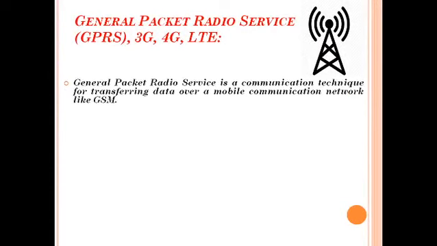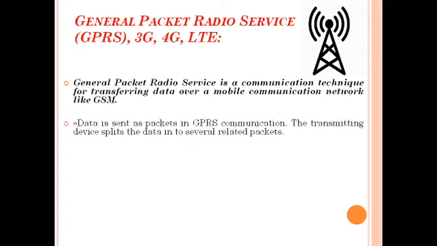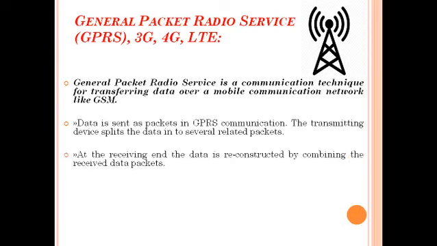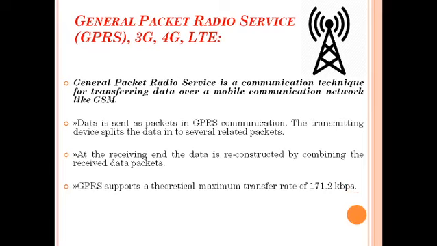So GPRS is a communication technique for transferring data over a mobile communication network like GSM. Data is sent as packets in a GPRS communication. The transmitting device splits the data into several related packets. At the receiving end, the data is reconstructed by combining the received data packets. So framing of data is done at the receiving side. And GPRS supports a theoretical maximum transfer rate of